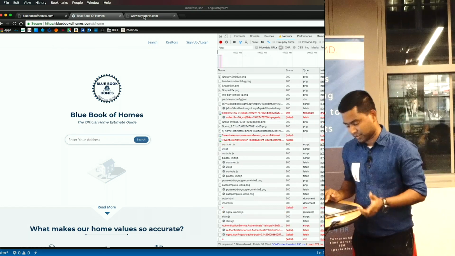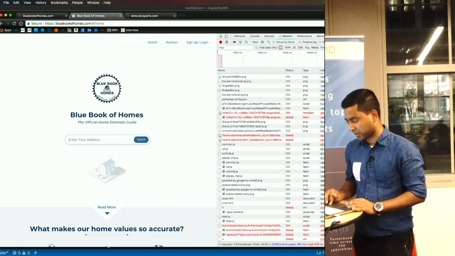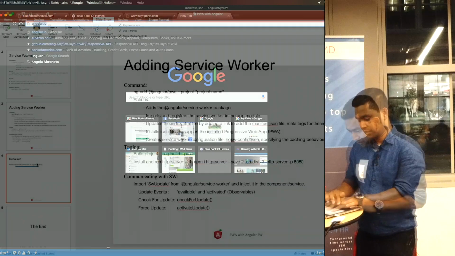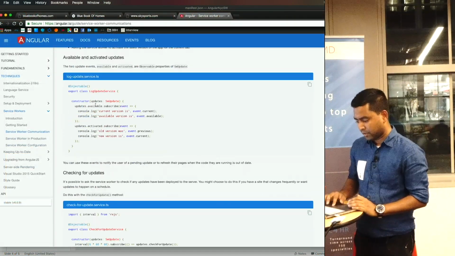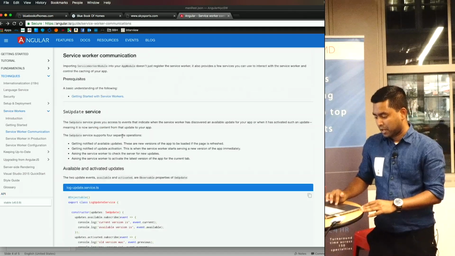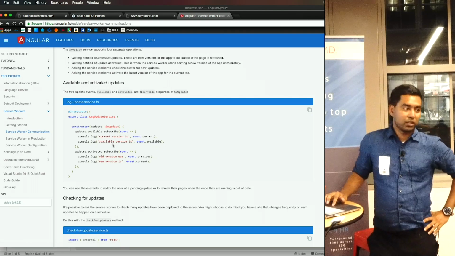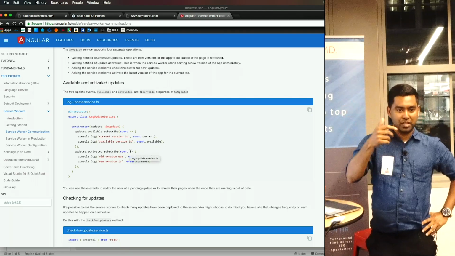Because my demos are not working, I'll just head straight to the service worker guide and tell you how you can configure and do some other stuff. Oh yeah, communication with the service worker. You can easily import SwUpdate, and whenever there's a new version available, if the user loads an old version, you can do a pop-up saying, hey, there's a new version available, reload the